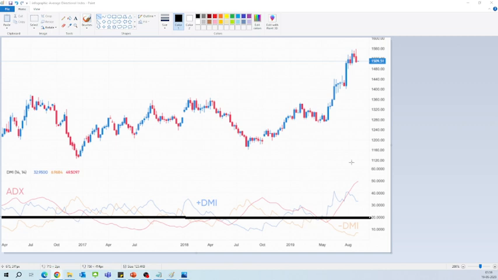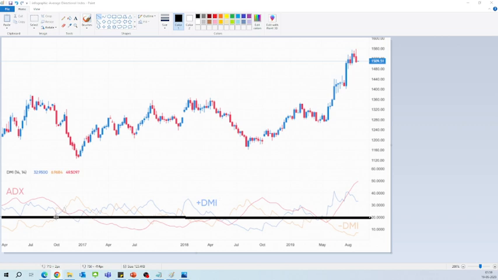So that is the ADX tool that we are using. And then we will see there are two more lines, which are plus DMI and minus DMI. Whenever, the other thing to be noted here is the plus DMI, which is nothing but the blue line that we can see, right? Whenever it climbs above the minus DMI line, which is yellow, whenever it is crossing,